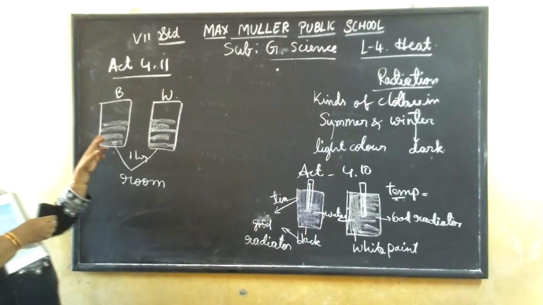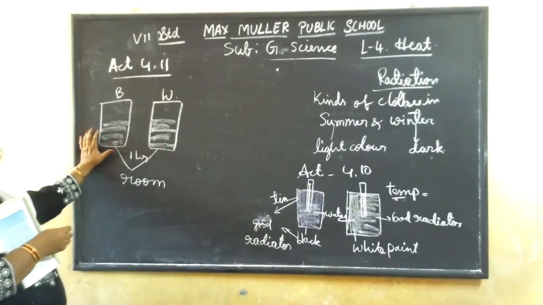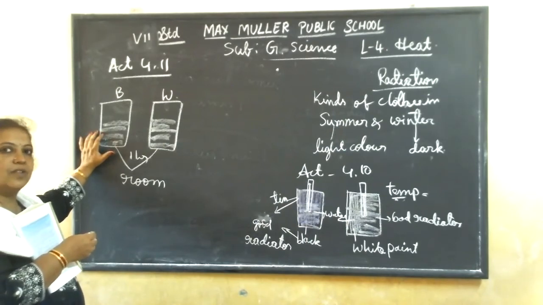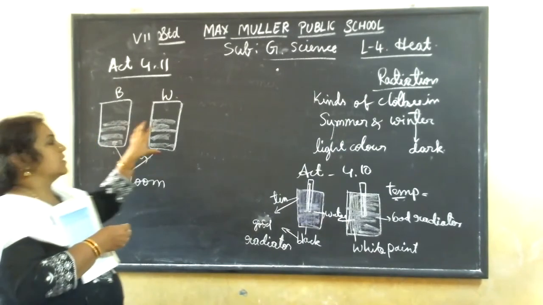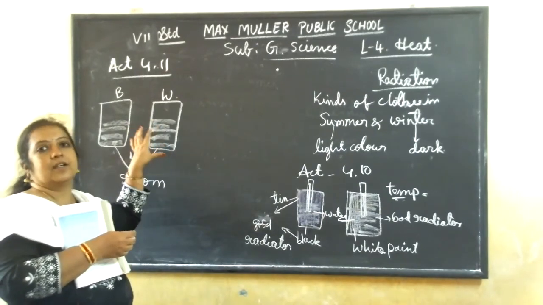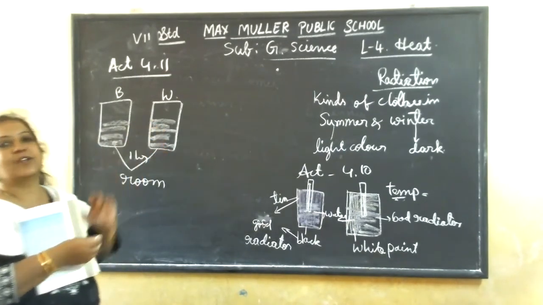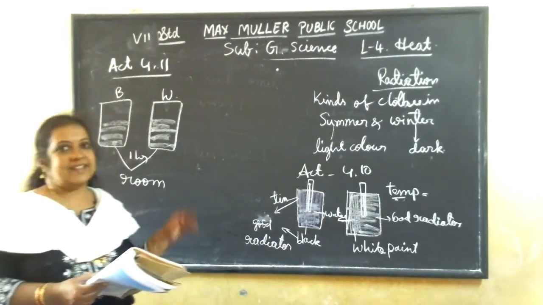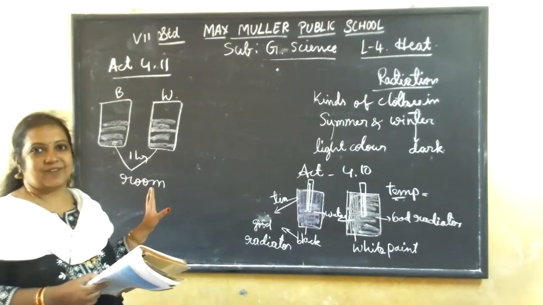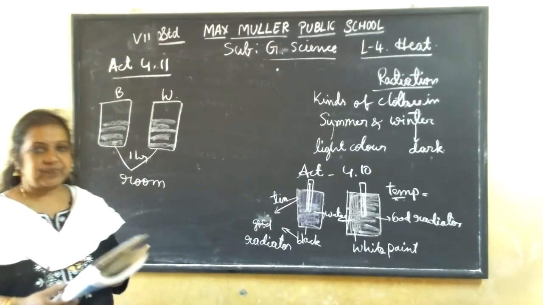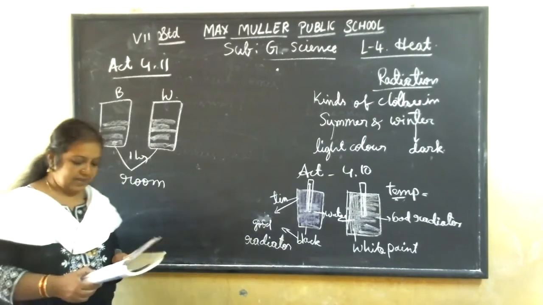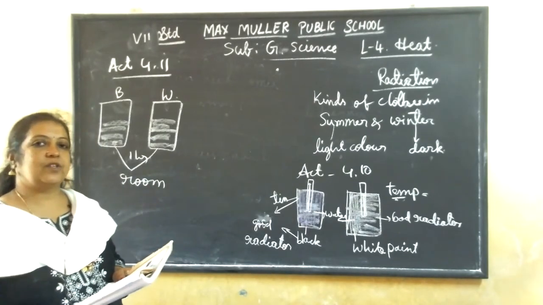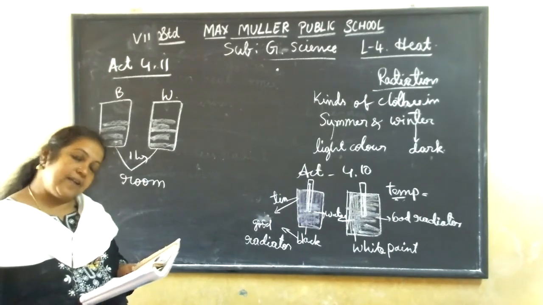Okay. So you do this one and tell me, the black color, it is heated more. Temperature is more. Okay. So is that cooling faster? Or this white color can, it is showing a little less temperature. Is this cooling faster? You do this activity and tell me the reason. I'll tell you in the next class what answer you get for this. Okay. Then you do it and suggest the reason for this, which one is cooling faster and why it is cooling faster.